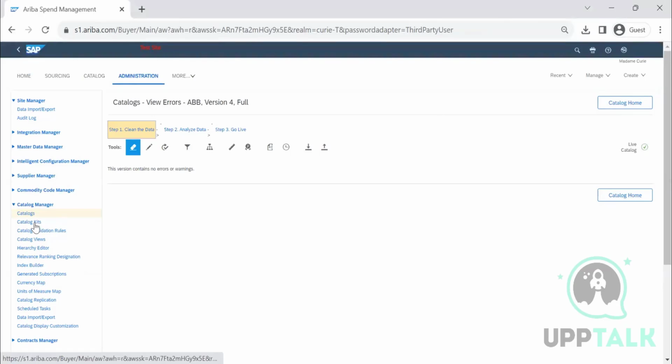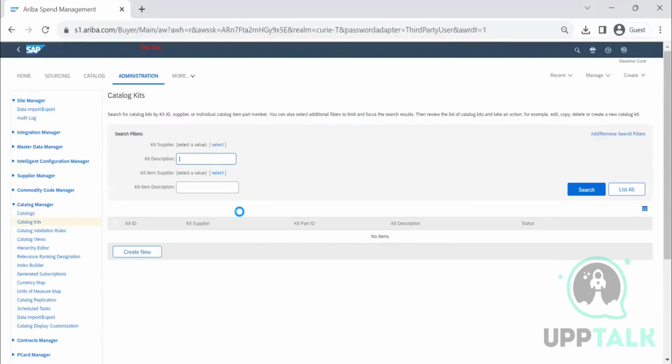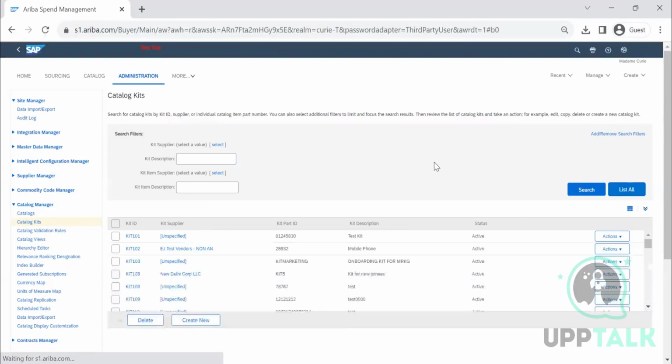Then under catalog kit, we have seen how to combine a few of the items into catalog kits and start utilizing the catalog kits also. In our current system, we do not have access to catalog. So I recommend going to the catalog by adding a catalog kit, then you will be able to use the search functionality in the catalog. For example, if I go to the catalog kit,